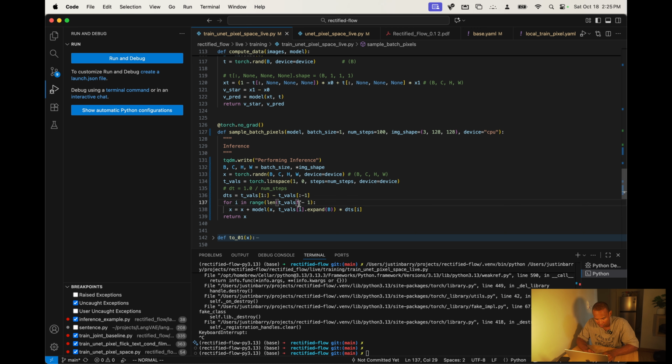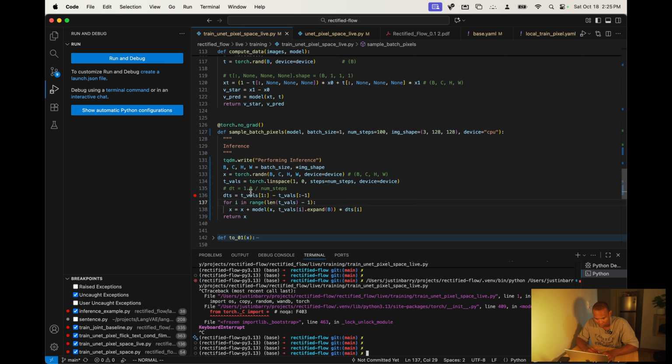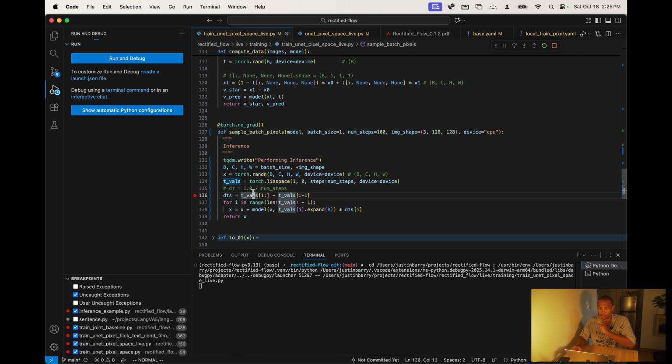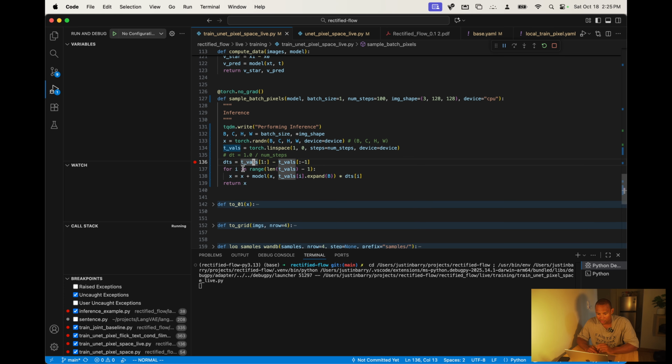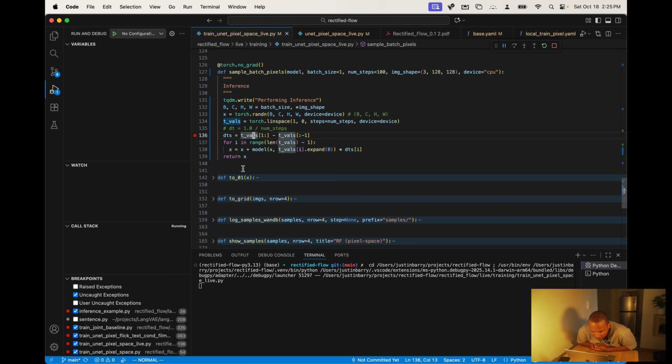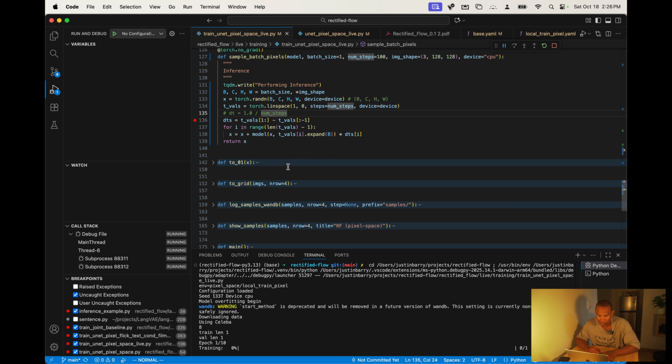Let's do this. Let's put a debugger there, just to make sure all is well. This will give us our DTs as well. I'm just making a list where I'm actually doing the, because I know this will give us a tensor. I just feel like it should be okay multiplying a literal by a tensor, but